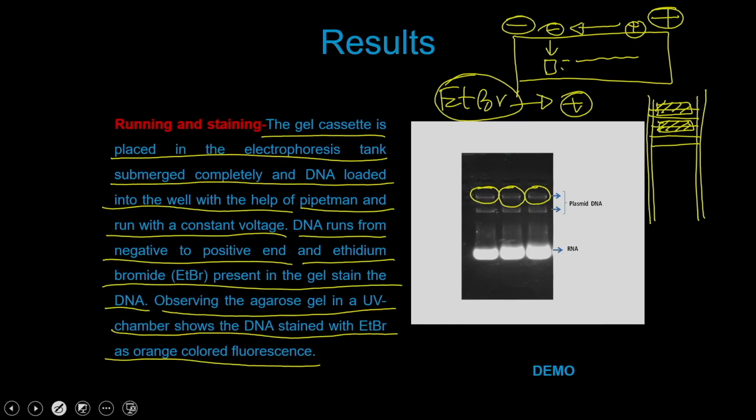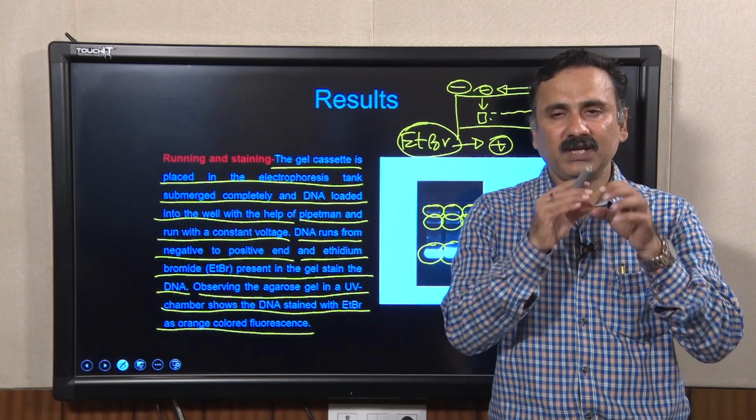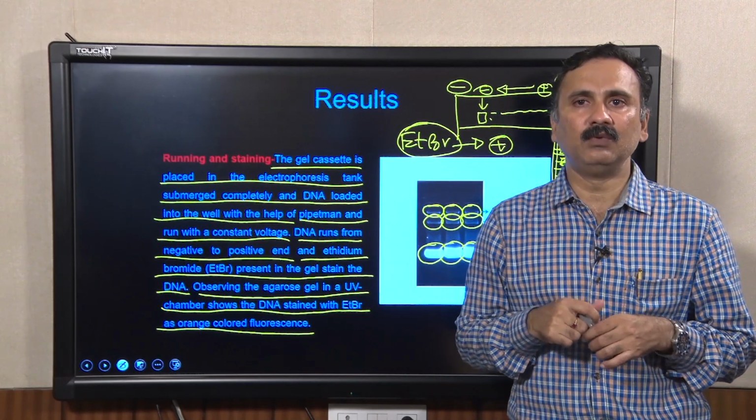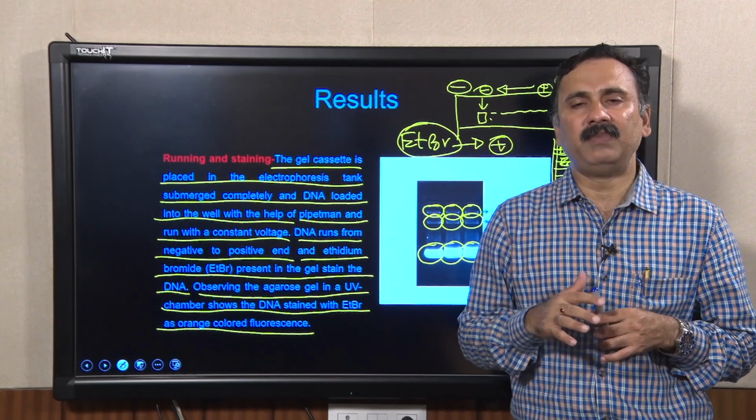And what you can see, for example, in this representative image is plasmid DNA which has been resolved on the agarose gel, showing an intense stain, and the blurry signal in the gel is actually the RNA. RNA never gets resolved and never gives you a compact band. Because of that, the RNA gives you a hazy appearance.